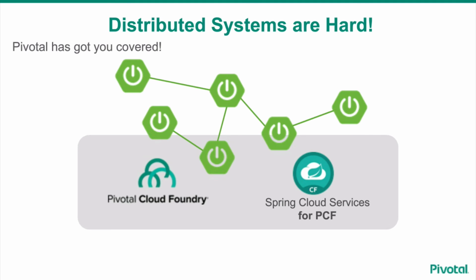So Pivotal Cloud Foundry or Cloud Foundry in general makes it easy because of its central belief in high availability to deploy these applications. And also Pivotal Cloud Foundry has services from Netflix with the Spring Cloud Services style that provide you with an external configuration server, a circuit breaker dashboard, a Eureka dynamic service registry out of the box, so that you don't have to go and deploy them on your own for your entire suite of applications, which is why you see Spring Cloud Services and PCF here. It's a natural platform to deploy